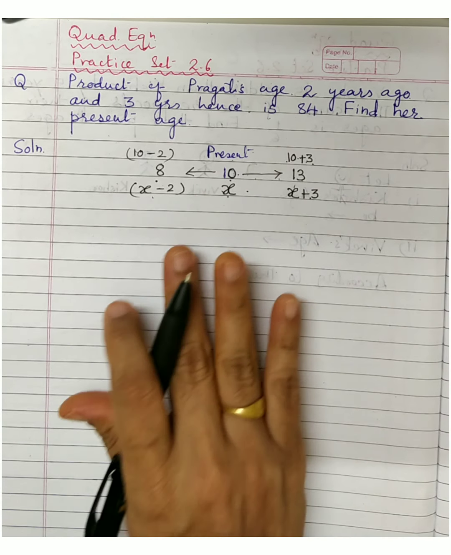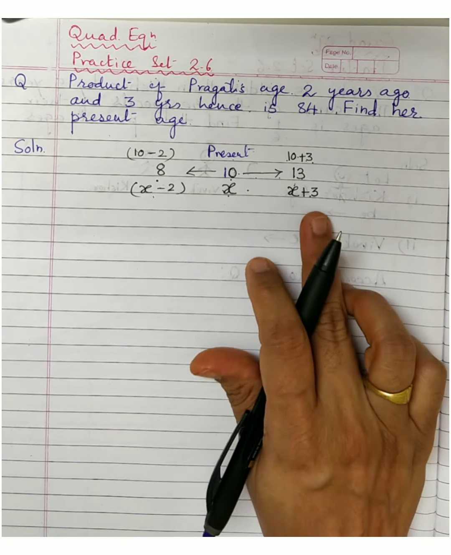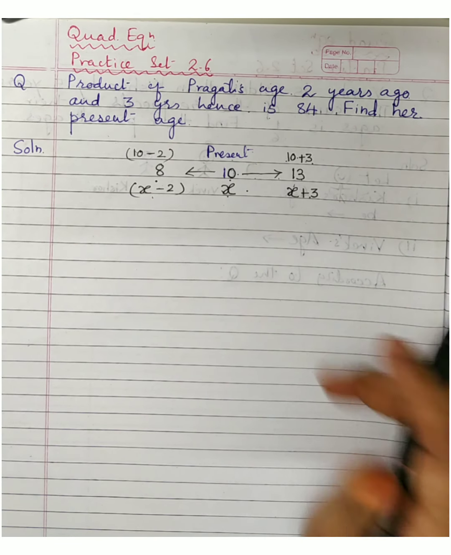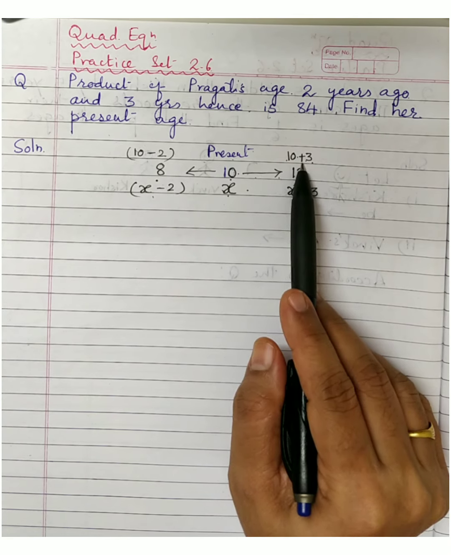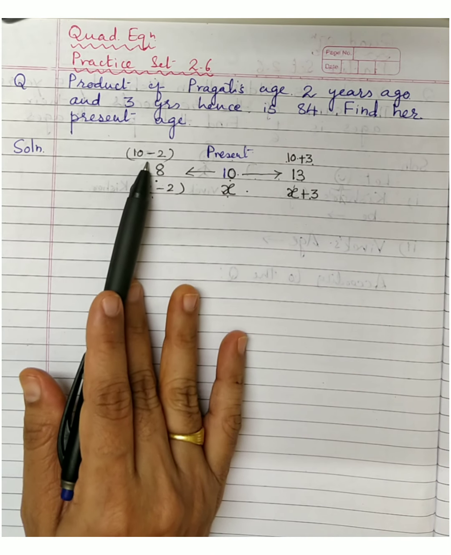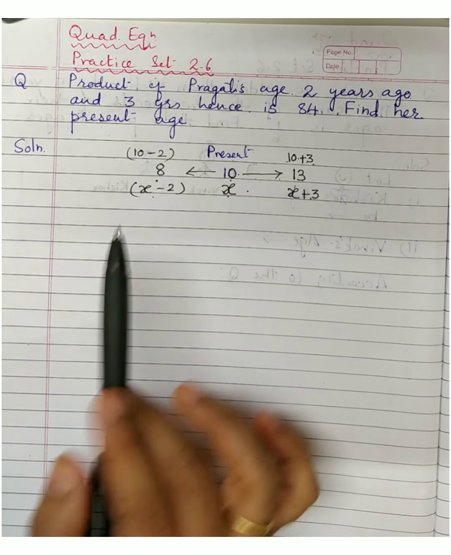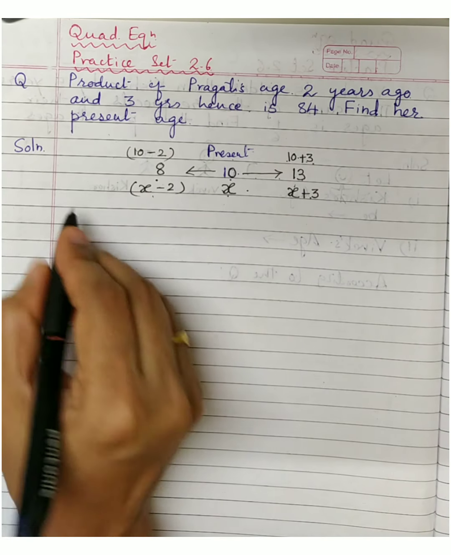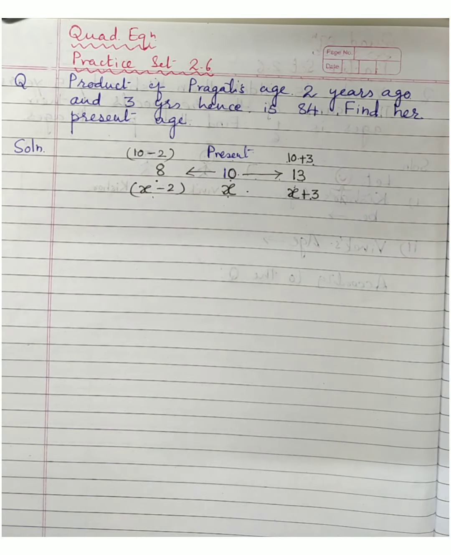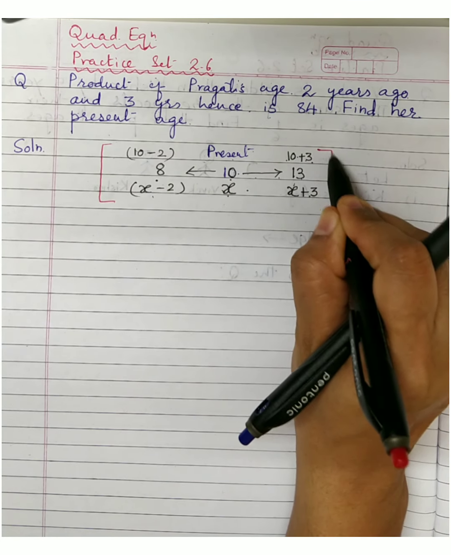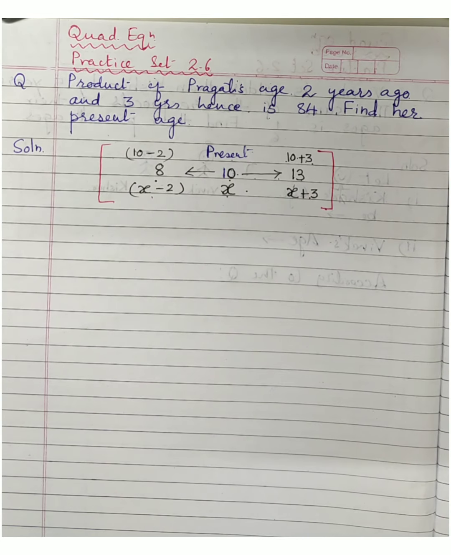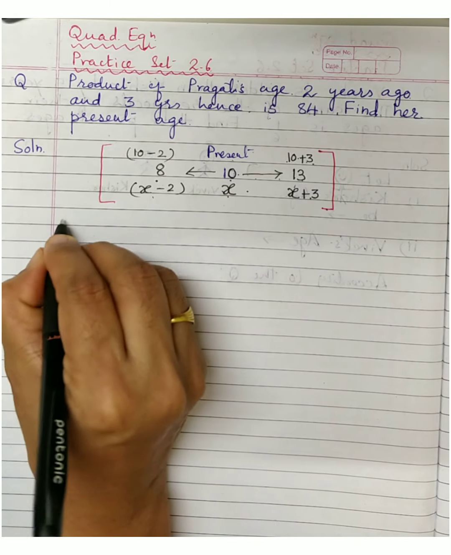This particularly I have given because many times children write 3x for this as they don't understand. See how simple it is. Age is to be increased, that is addition, and previous age you have to subtract. That's it. If this is understood, the rest of the problem is very easy. So this was all for your understanding part. Every time you read the question, you need to analyze it yourself. Now I start with the question.